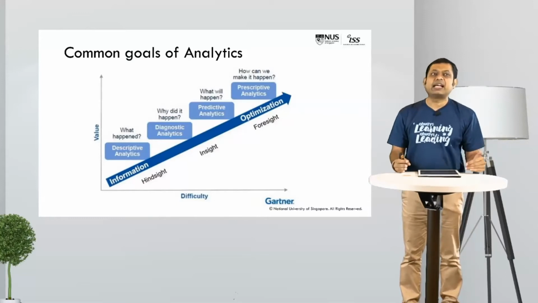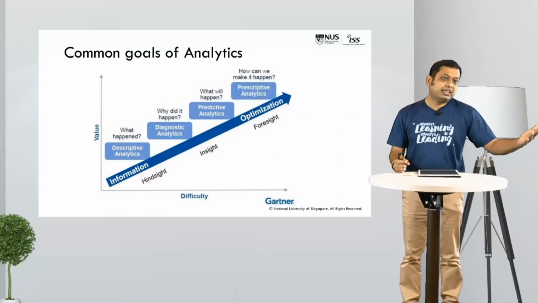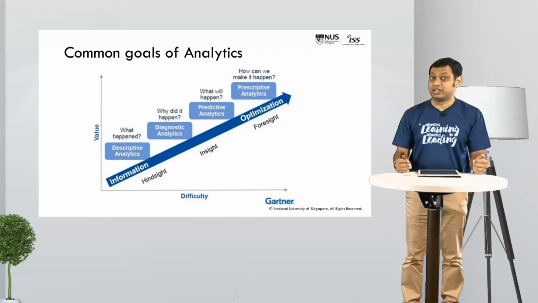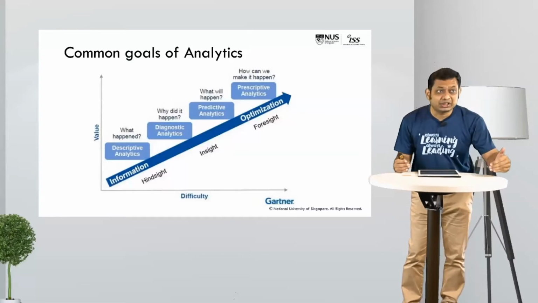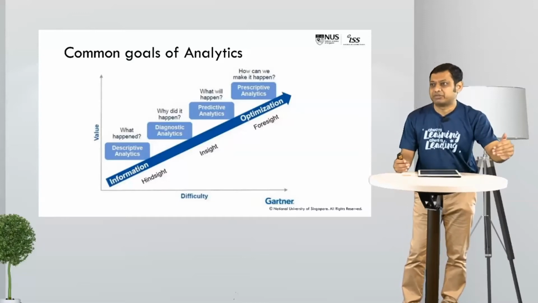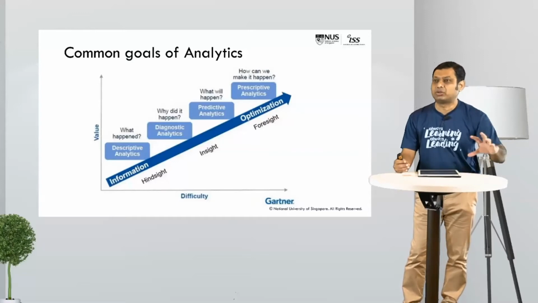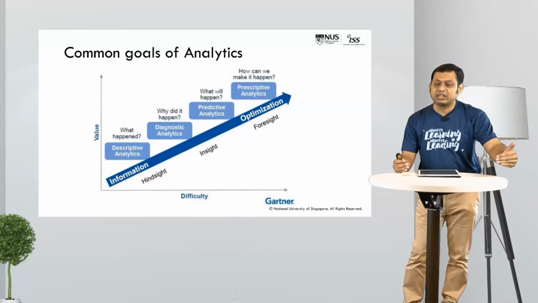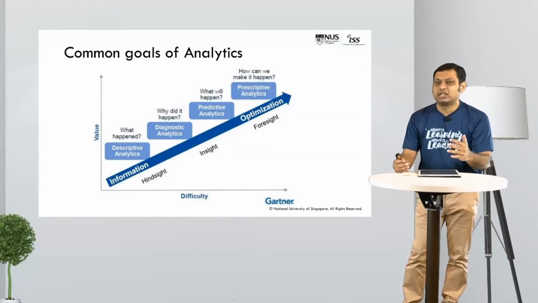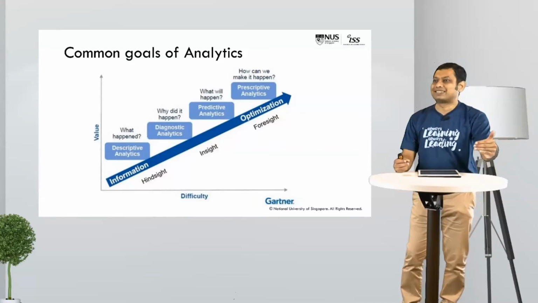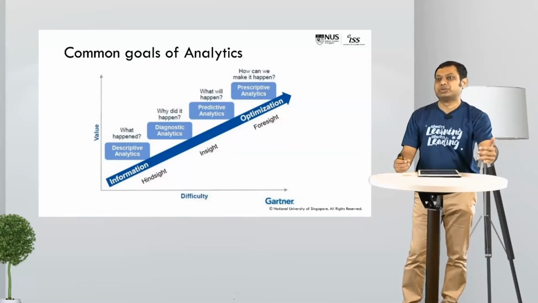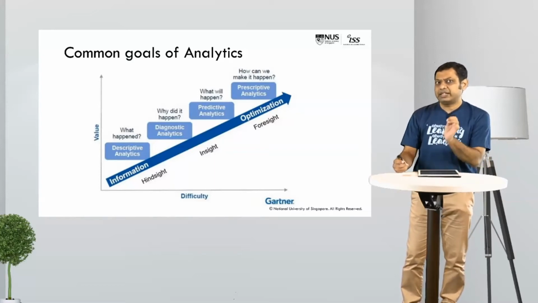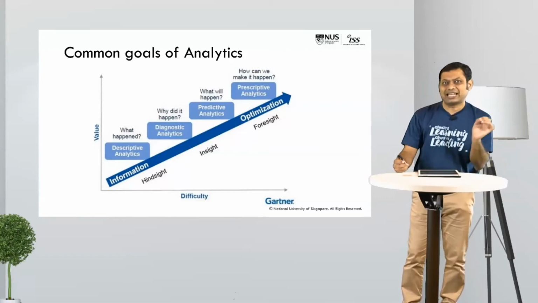Yes, you can predict that a new sector, say the Yangon to Kathmandu sector, is suddenly opening up because Myanmar has suddenly opened up. But by how much? And how much is the demand? If you know the demand, then you can accurately predict, okay, given this kind of demand, maybe I can charge this kind of pricing, or I need to go for a code share. So there is some more analysis or some more action that you need to do in order to get into prescriptive analytics.